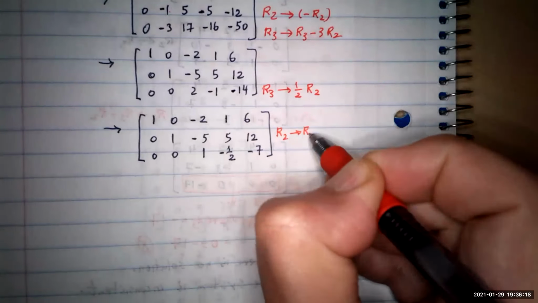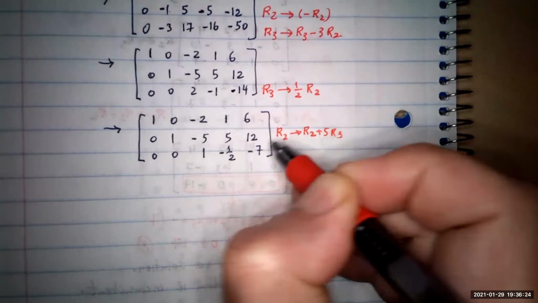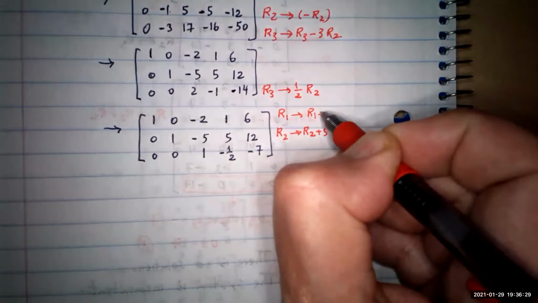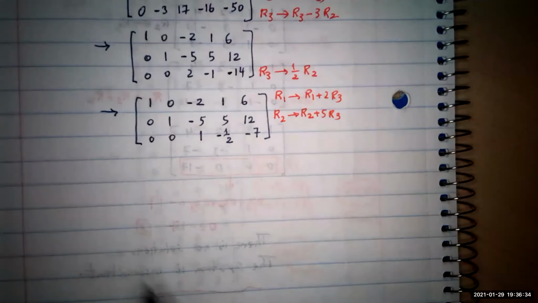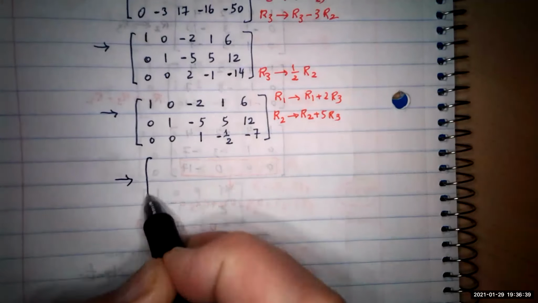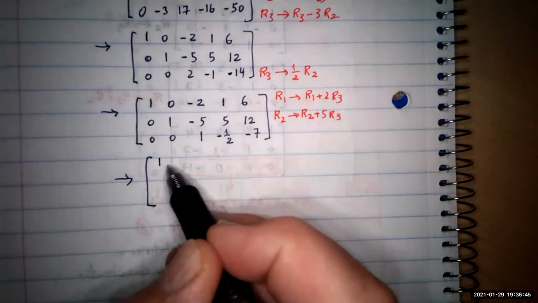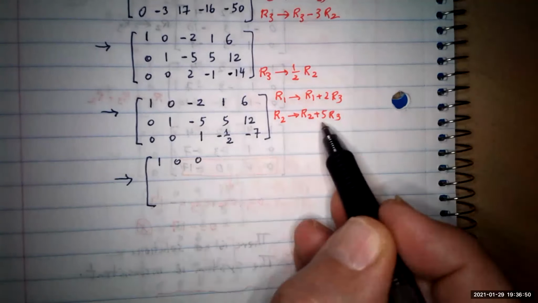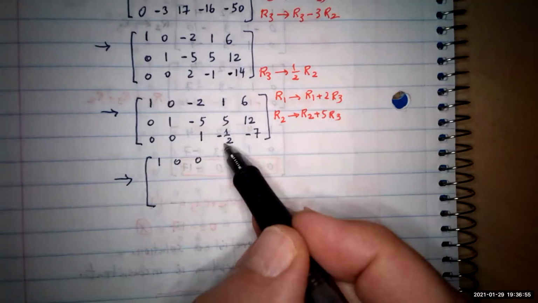So I get the R2, then I add 5 R3. Okay, that would take care of this one. And this is R1, and this is going to be R1. I just add 2R3. Okay, 2R3. So we continue. What's going to be the next step? So the next step is R1 to R3. So that gives you 1, 0. Okay, 2R3, that makes this one into the 0. And we have 2R3. So if you multiply this one by 2, that gives you a